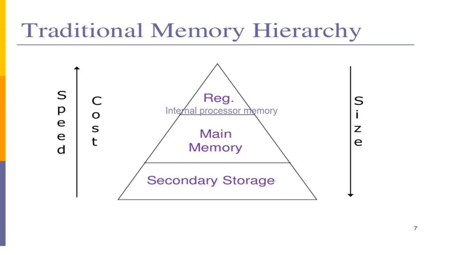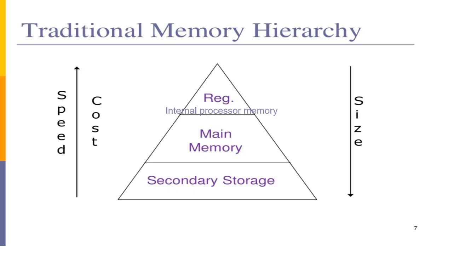So you can say that cost and speed are interrelated. If the cost goes high, the speed has to go up, otherwise there is no point in having the high cost. Or you can say that to speed up the memory, or to have that kind of equipment, the cost will be high. And when the speed and cost increase, the size decreases. Because it is efficient, that is, high speed and smaller in size, the cost also increases.